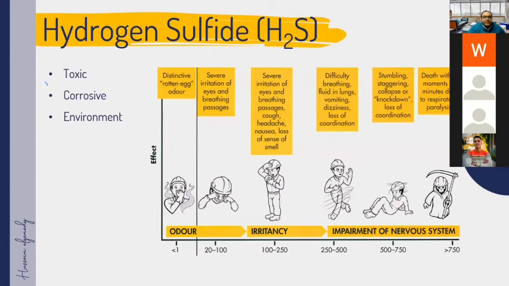Above 250 ppm, it will be very difficult to breathe, and maybe you lose your coordination or consciousness. Above 500 ppm, it will be a struggle to breathe, and you may faint or lose your consciousness. Above 750